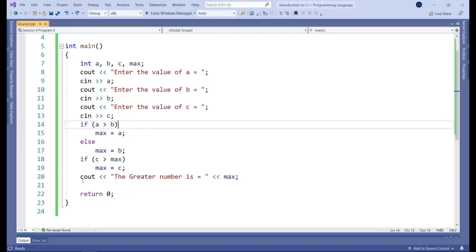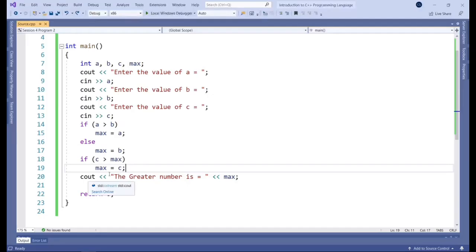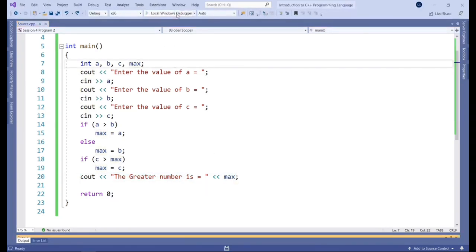And then the last thing we're doing in this program is we're actually outputting the result, right? Because there's no point really in doing that comparison if the user cannot see what's happening or if they cannot get that result output on the screen. So we're just outputting a message with, again, cout, and this message will say the greater number is, and then print out the value of max. So let's see that in action here.